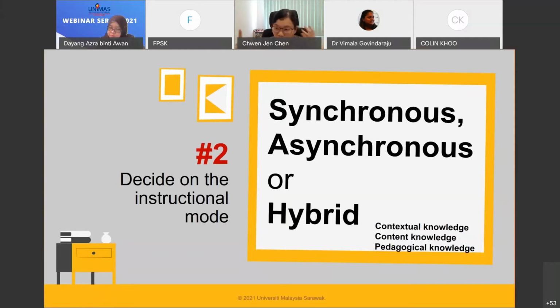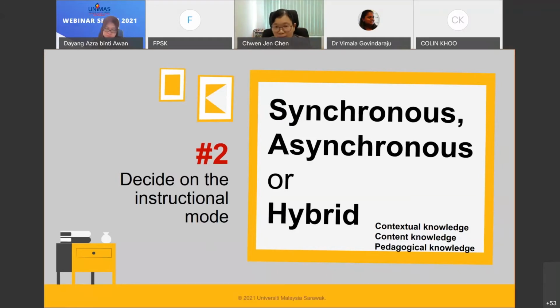That's one thing. Secondly, maybe there is some directive from somebody, whoever, that could become your contextual knowledge as well. Content knowledge, I think, will help you decide whether you can go for any of these modes, and your pedagogical knowledge. I think these three kinds of knowledge need to be considered together